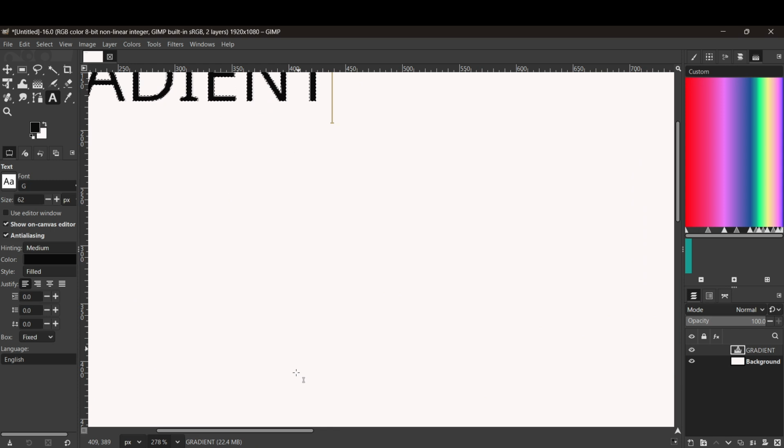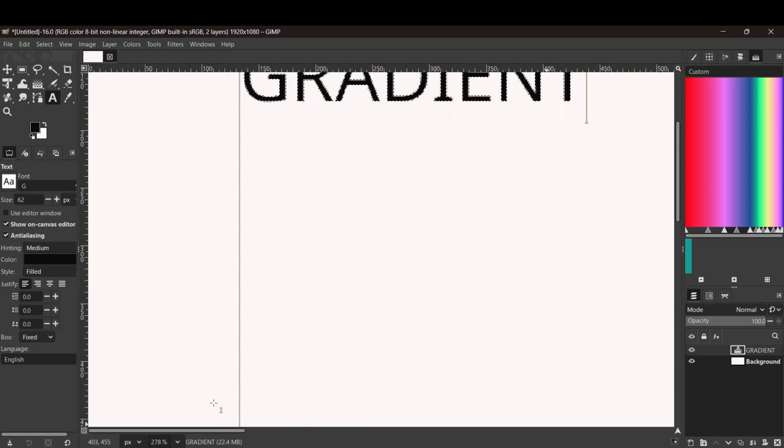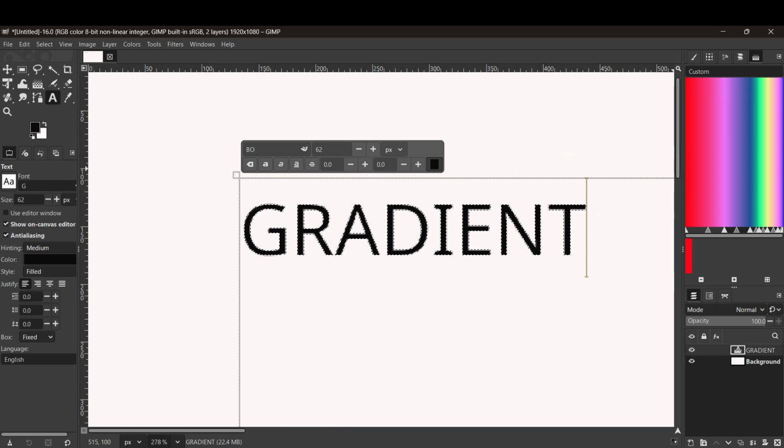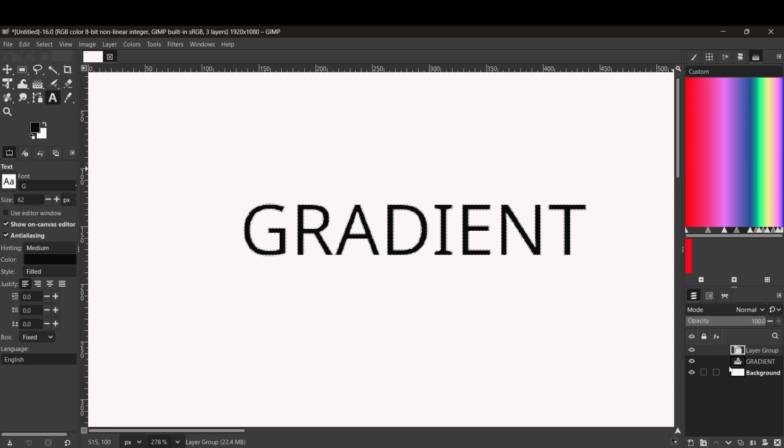To keep things non-destructive, add a new layer for the gradient. Go to Layer, then New Layer, name it Gradient, and click OK. The new layer will appear above your text layer, which is perfect. Working on a separate layer means you can re-edit your text later or try different gradient styles without starting from